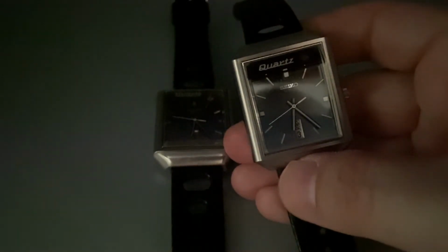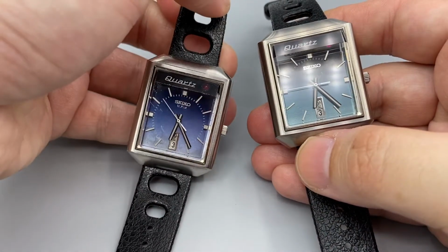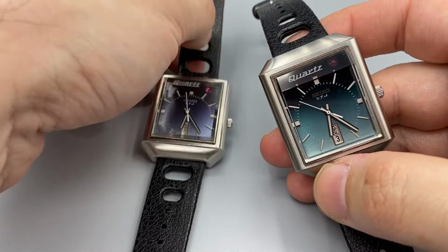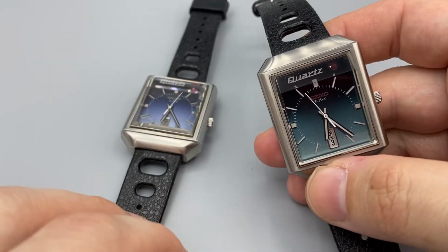That's pretty bright. Whereas this one has a battery I put a new battery in it over a year ago, and you can't see anything even in the dark. So if you're bothered by the bright light, it lasts for, I want to say, maybe a month or so, and then it mostly